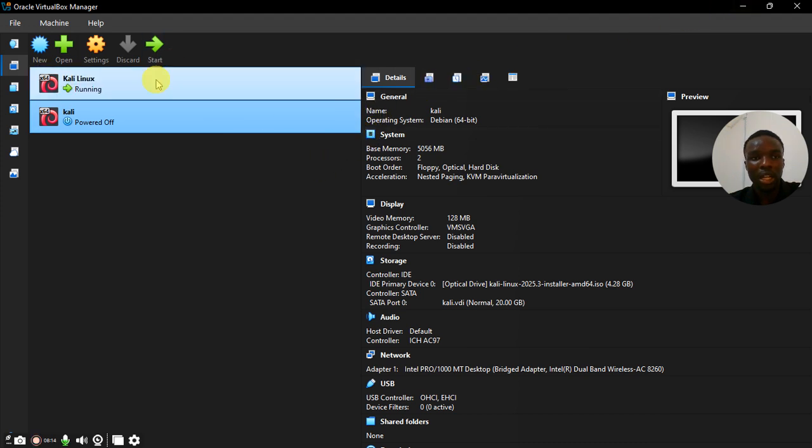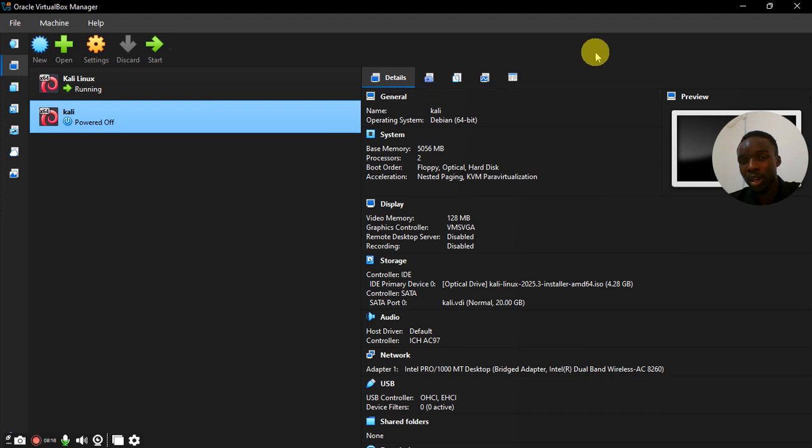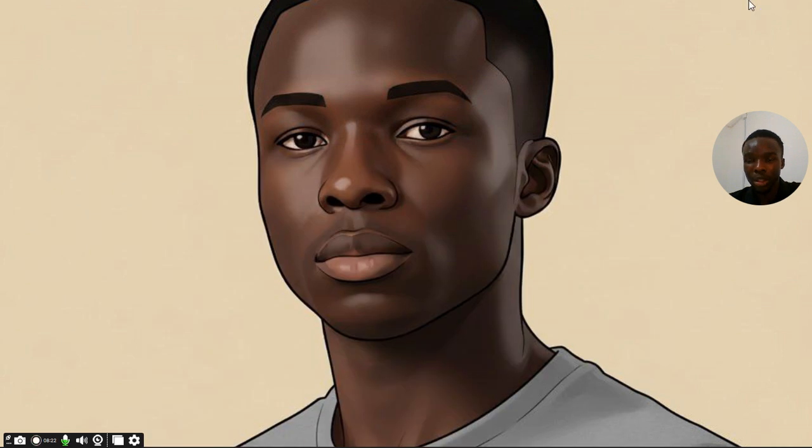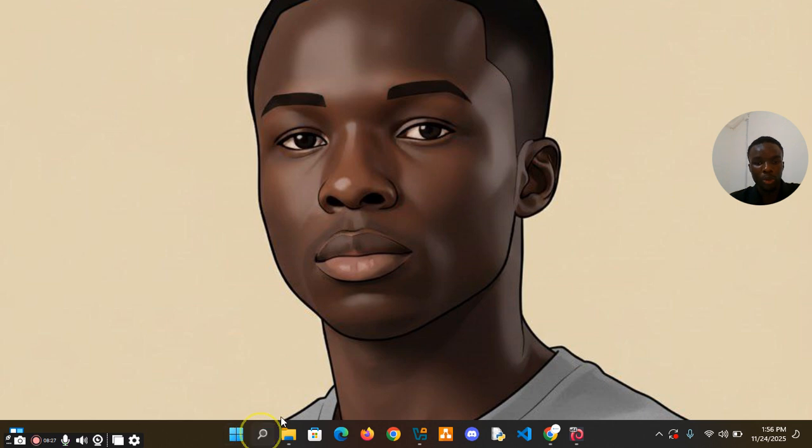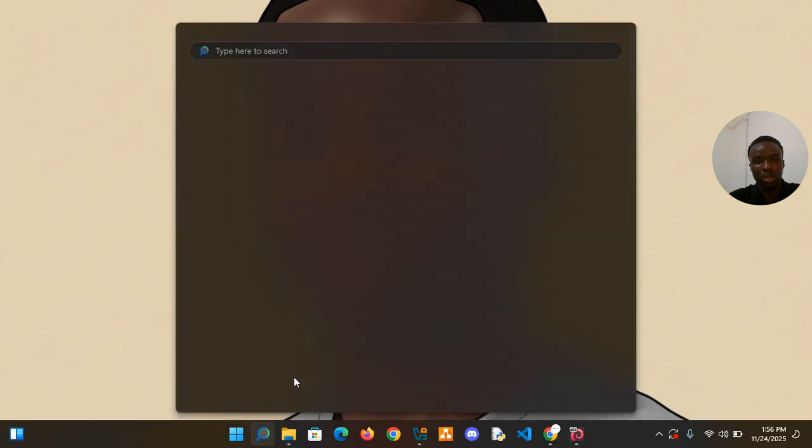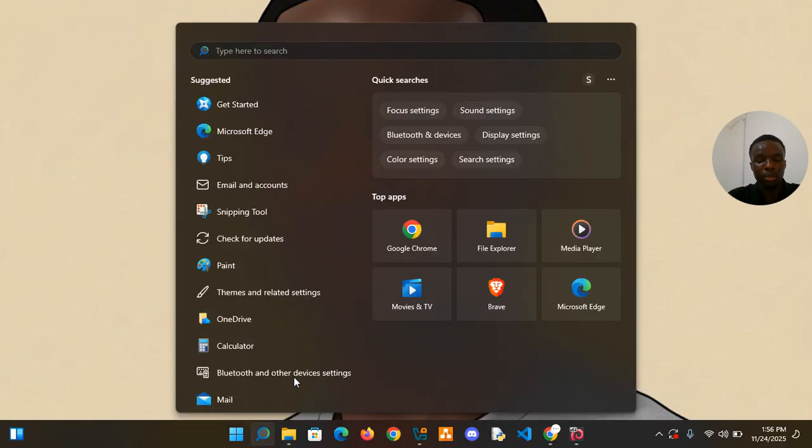Now in case you start your Linux and it's giving some kind of errors that it can't run for some reason, probably your Windows is not on Hyper-V mode, there's another option you can go through. You come to your search bar in the Windows, you search for